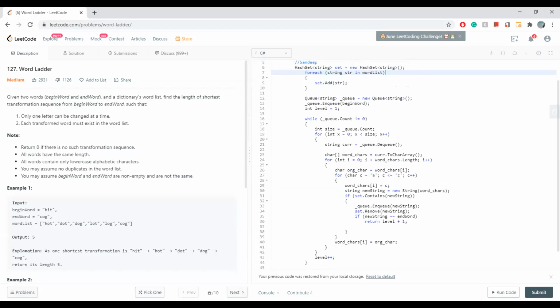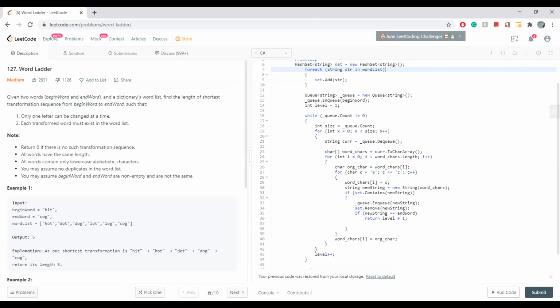I'm not able to understand why that approach is giving TLE. Because there are some test cases which are very big ones, and there are many similar words in those test cases, and therefore it is hitting a TLE. So you have to be very efficient in writing the BFS, but it's a normal BFS.